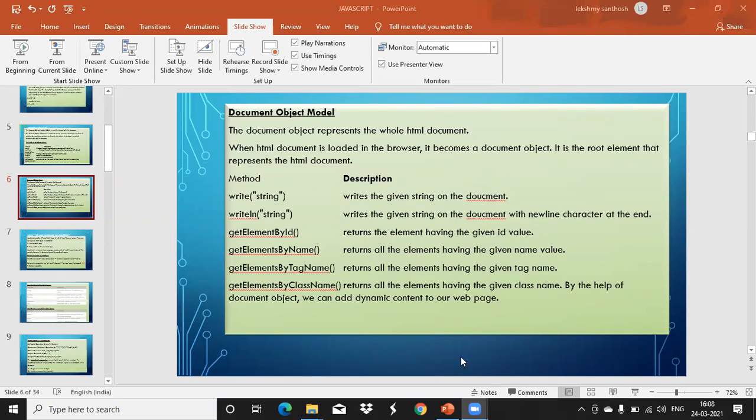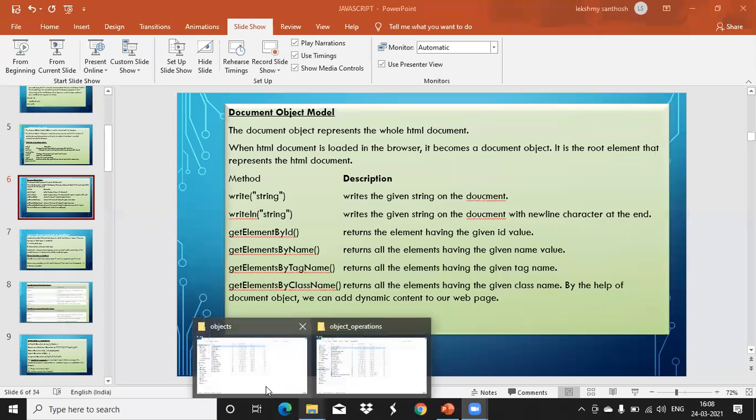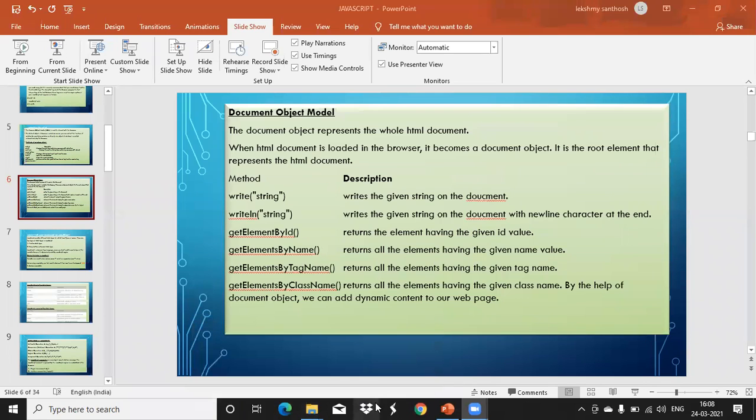Then you have seen here now how we are running that one. Go to that file location. Then there, right click there, open with your browser name. Okay, fine. Then you send me, then I'll tell you what is the problem.